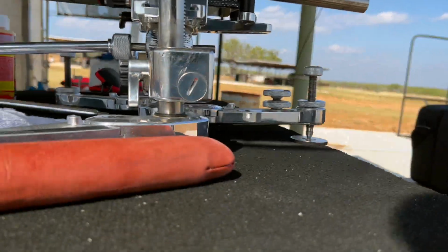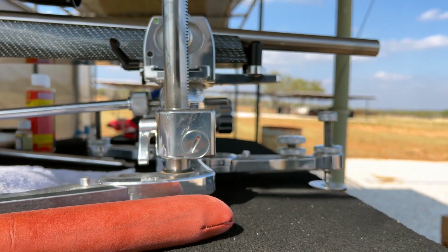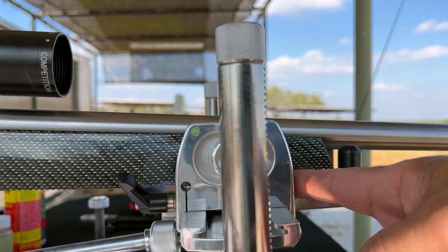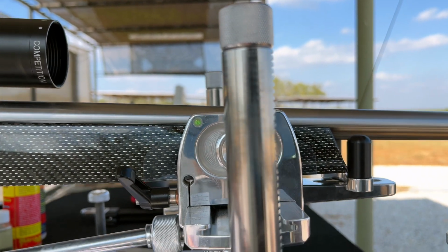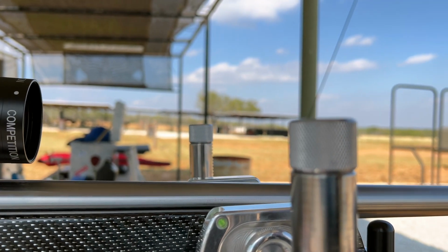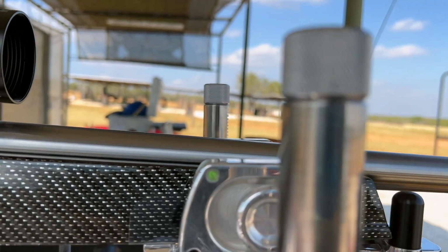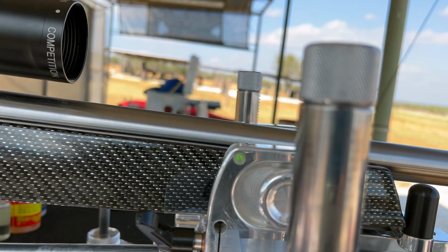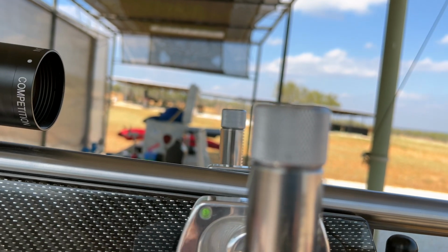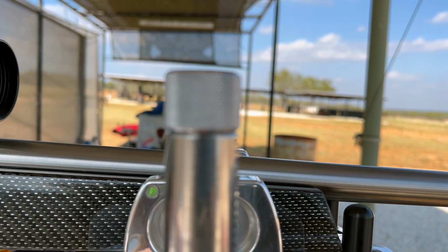If you'll look, that rest is angled slightly up. That allows my forearm to rest just on the front of the bag instead of the entire bag. A lot of times with these joystick style rests, when you're doing your sighting in, your gun is perfectly flat on the bags, but when you move your joystick up or down, the relation between the forearm and the bag changes, and you get a different release, and it can cause your shots to either go high or low